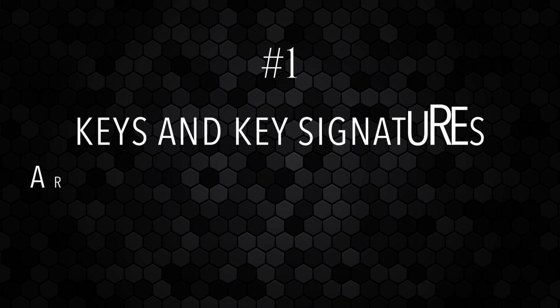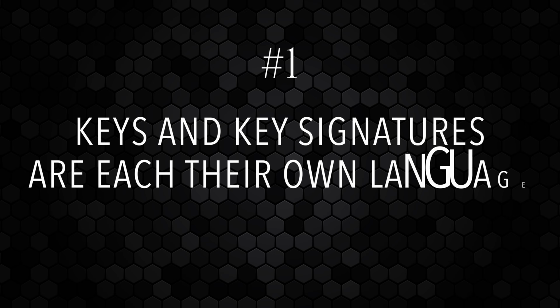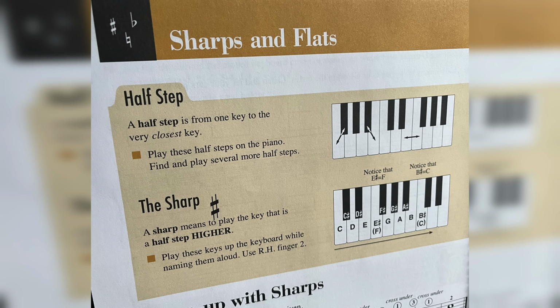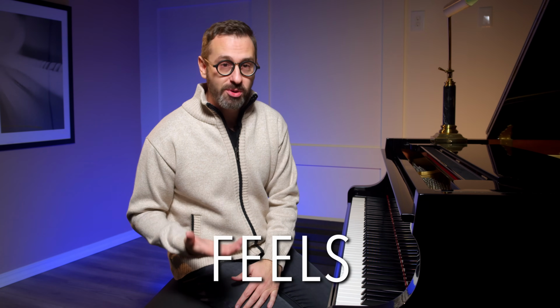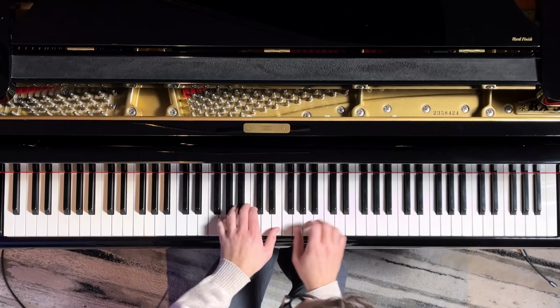Number 1, keys and key signatures are each their own language. Beginners read keys and accidentals as just that. They're basically symbols on a page. Maybe they know that there's at least one corresponding scale for a particular key, but that's usually where the knowledge stops. But an intermediate pianist begins to learn that each individual key actually feels a certain way to play at the keyboard. How it feels to play in C